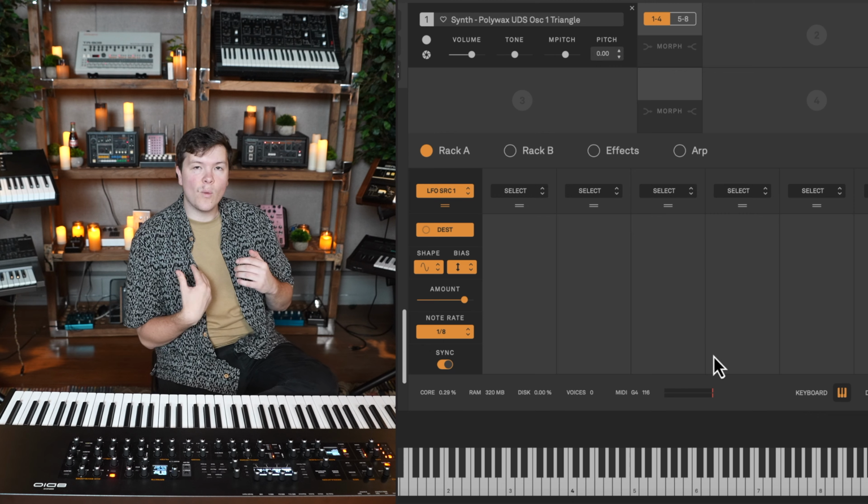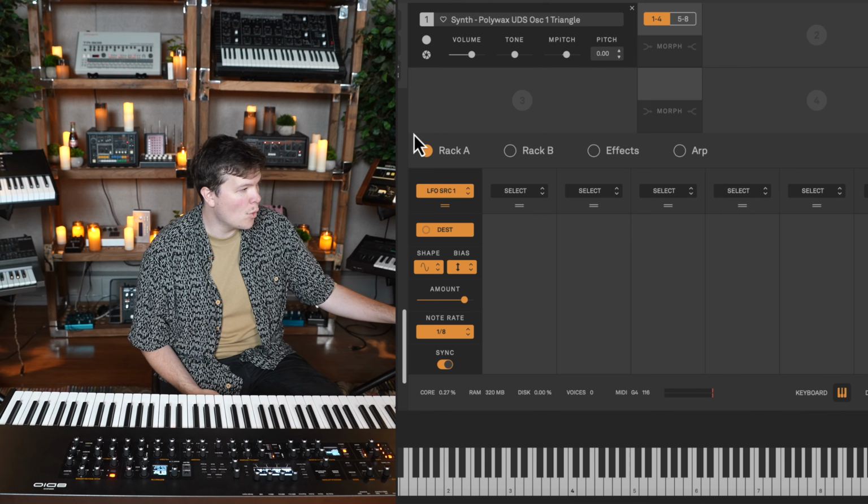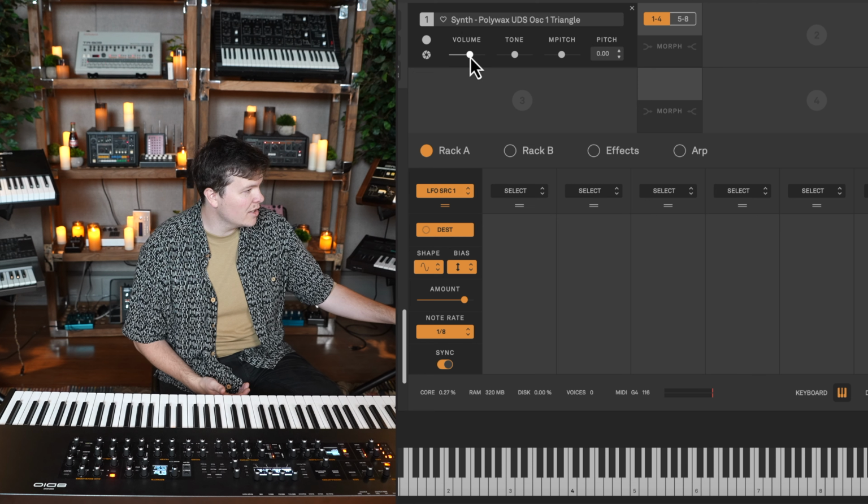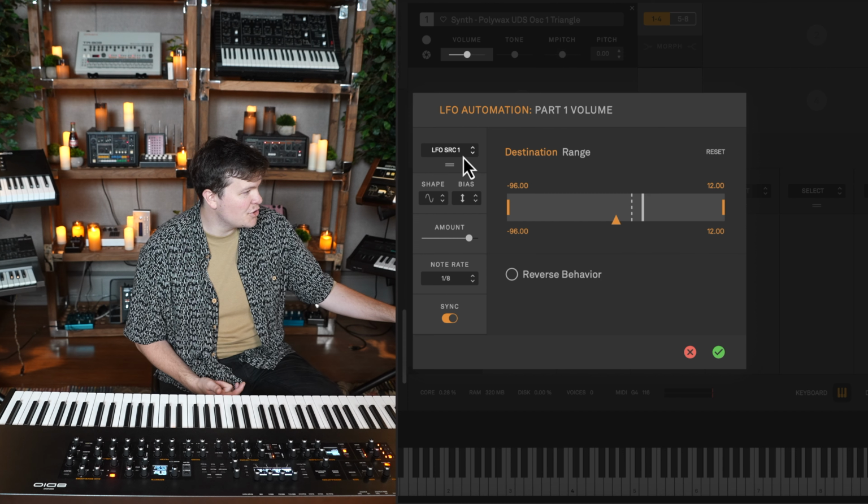Now the really cool thing about LFOs is you have 8 of these. You can assign them to most everywhere in Soundpaint, every changeable parameter, and you can assign single LFOs to multiple places. So let's say I also wanna assign this LFO1, or SRC, which stands for source, to my volume control. I can right click on that, add LFO automation, and choose